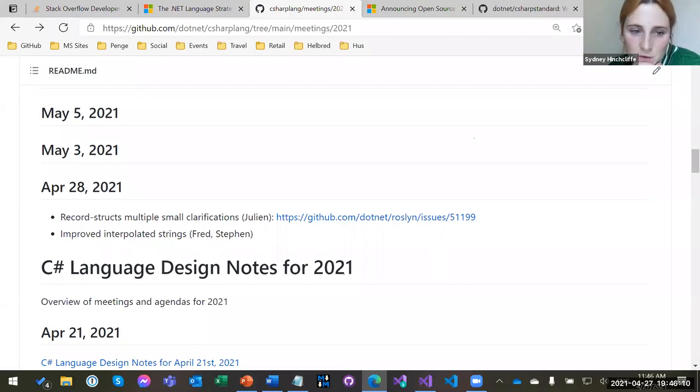Guy has asked, or he said, globalization and internationalization support in .NET has barely changed over the last 20 years. Our counterparts using Java use CLDR, which gets updated with depth and breadth every year. And then the question within that is, does Microsoft have plans to stop the globalization and localization support falling further behind?